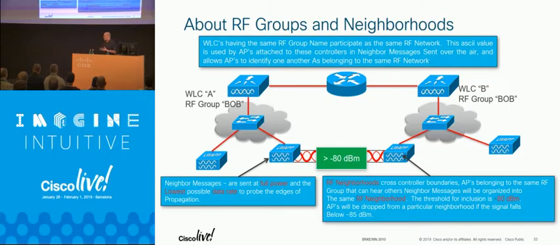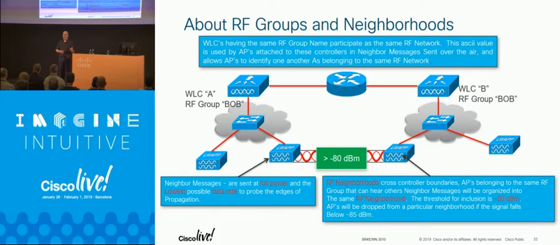If you are not my neighbor, but you are a neighbor of a neighbor, you will still be part of my RF group, right? If there are no neighbors around you, you will share the same RF group name on another controller. But let's say one controller's in Spain and the other one's in London. You'll not have neighbors between those two controllers. At that point, the RF group and that RF grouping name is a name. It's a name that we give the construct of the RF group, but it's purely logical.